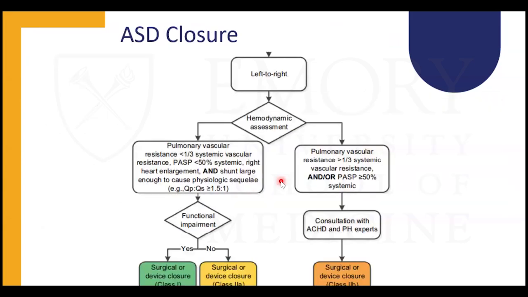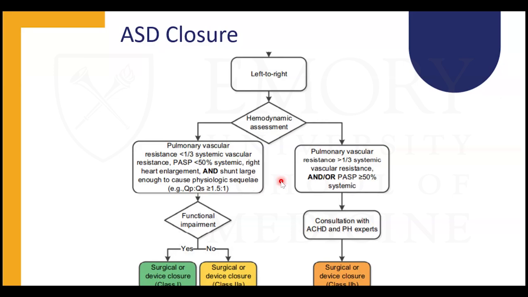So if we look at atrial septal defect closures with left to right shunting, the important thing is looking at the hemodynamic assessment. So if pulmonary vascular resistance is less than 1/3 of systemic and the PA systolic pressure is less than 50% systemic with right heart enlargement and a large enough shunt, which is defined as greater than 1.5 to 1, it is recommended to close the atrial septal defect, with the strength of the recommendation just based off